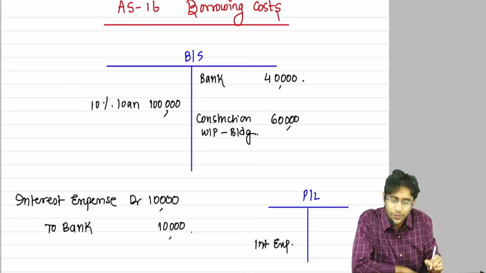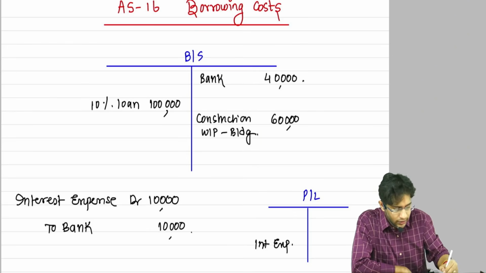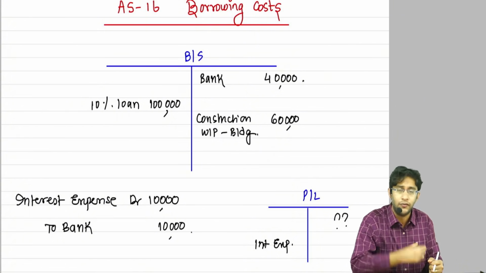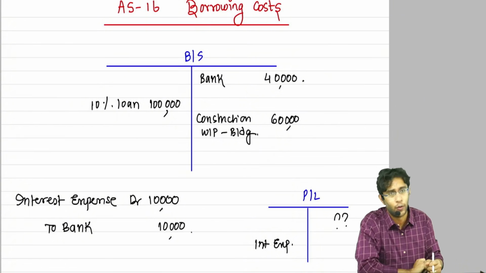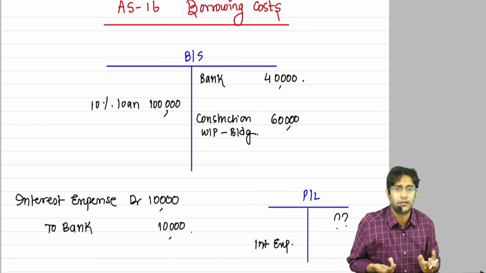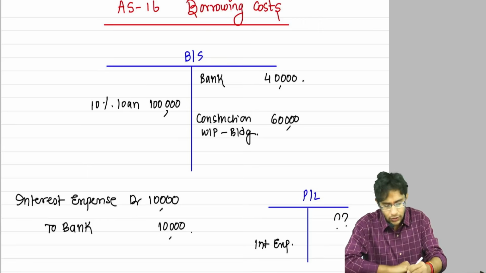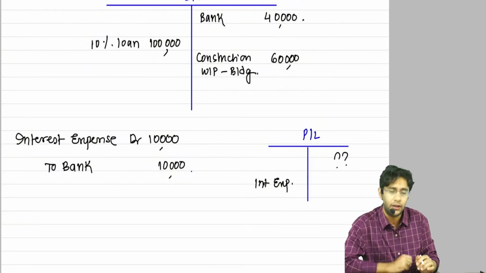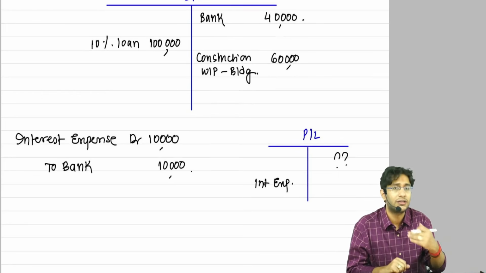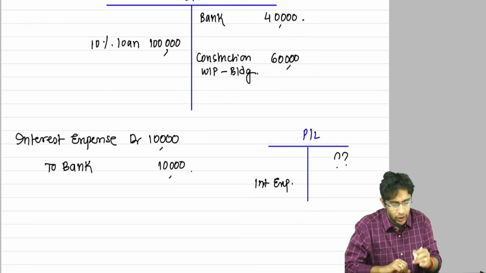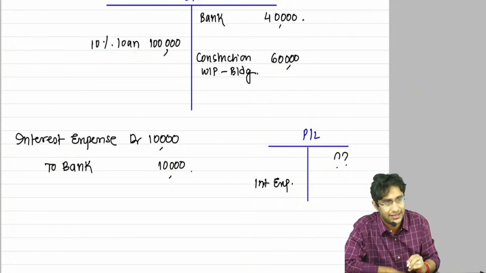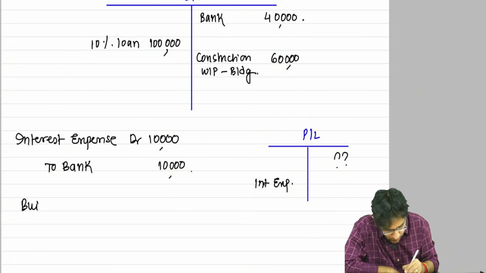If you book interest expense to P&L account like an expenditure, there is no benefit here, either directly or indirectly. When benefit is not there, if you go and book an interest expense in the P&L account, it becomes a loss. Correct? Where is the loss? I never suffered a loss. I'm still constructing an asset. So what this standard says is, your asset is still under construction. Your borrowed money still did not start giving you benefits. So what you do, interest expense, instead of transferring it to P&L account, you add it to the cost of the asset. So my entry will be